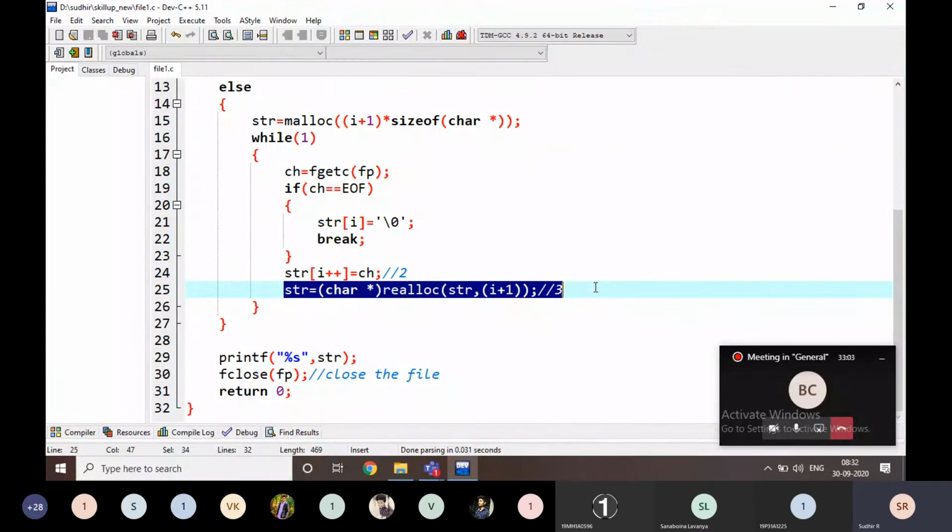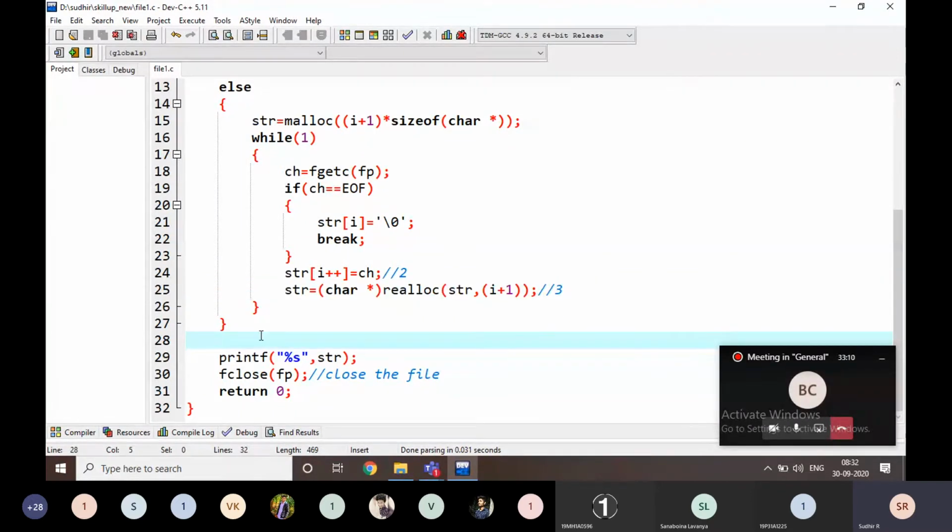Is it clear? Just note it down, everyone.